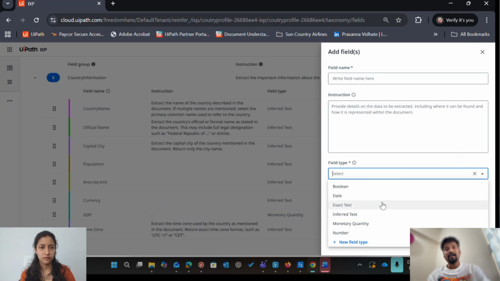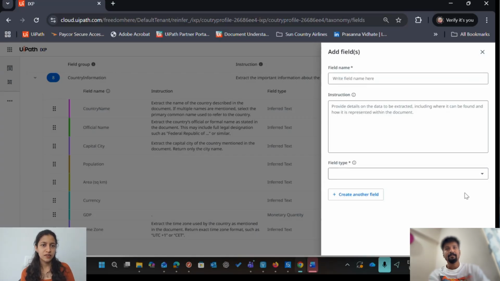Basically, Boolean is for true or false values. Date handles various date formats. Text is exact text as it appears, character for character. We also have the option to take exact text or use inferred text. The inferred text is where GenAI really shines. Even if the exact text isn't in the document, the model will infer the meaning and extract the matching